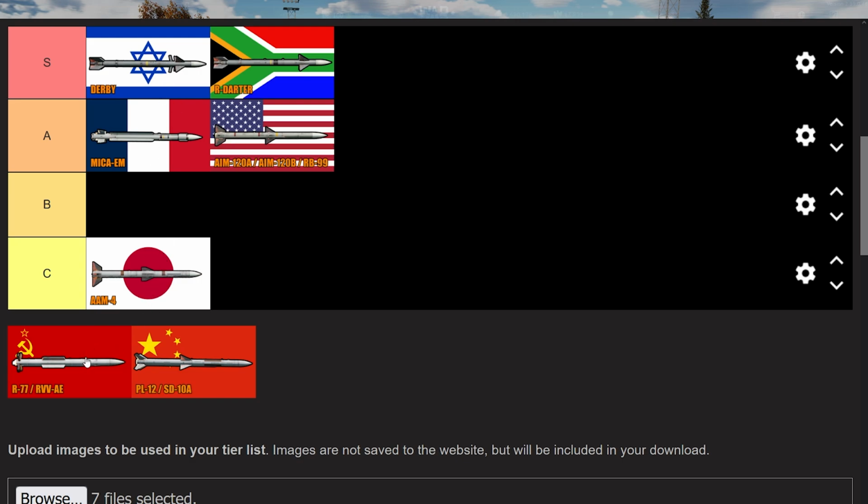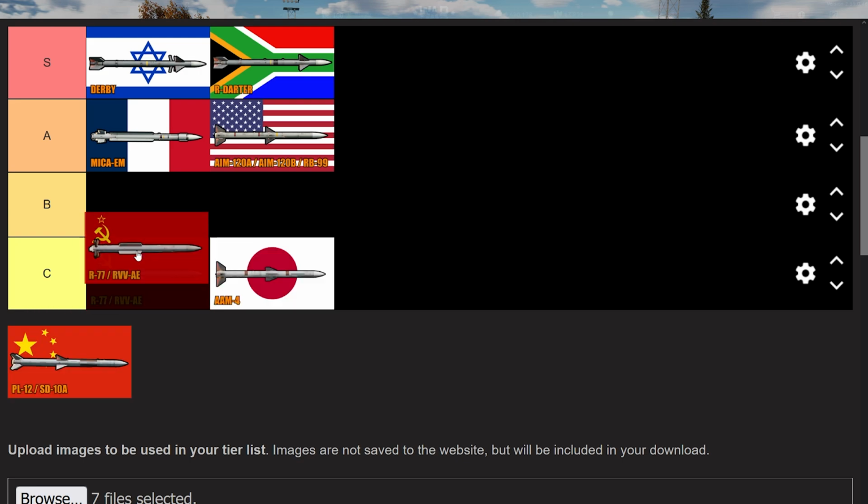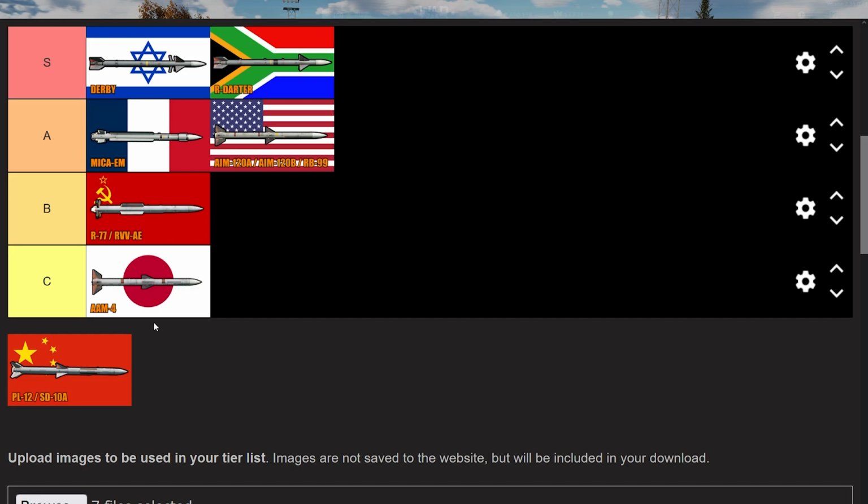Then we go for the Soviets/Russians. I mean, they started to develop these in the Soviet Union, so I just decided to use the Soviet flag, but you know what I mean. R-77 RVV-AE, which is the exported model for China. Basically the same missile. They're the exact same in the files. I gotta put it in the B tier because it's